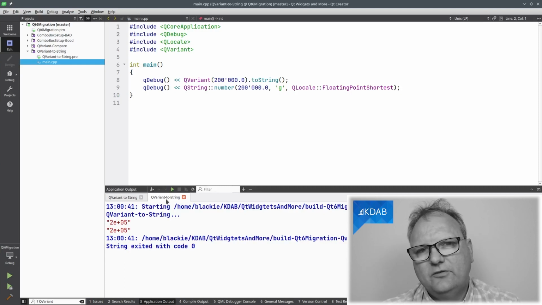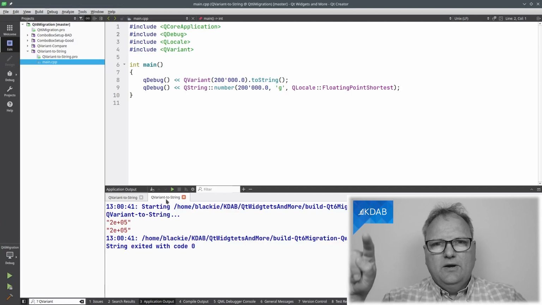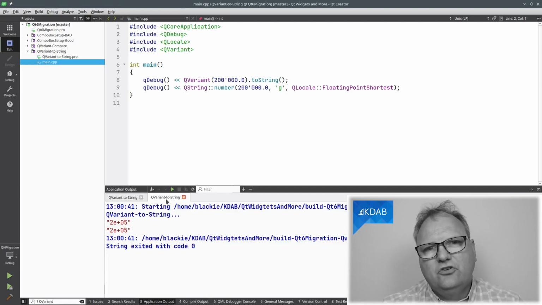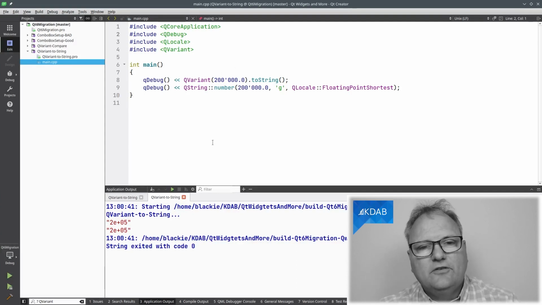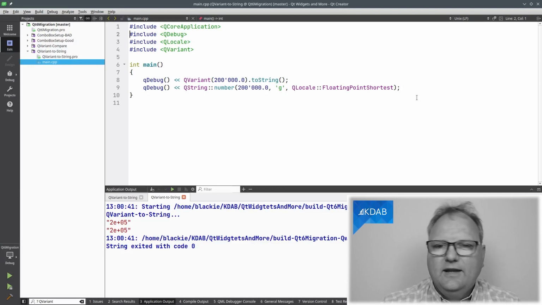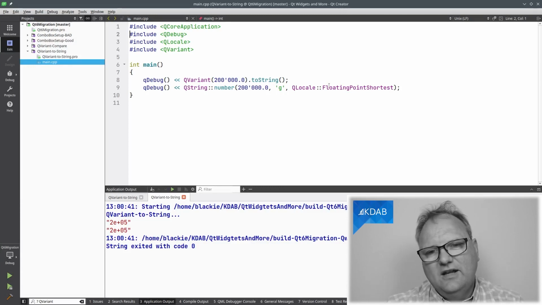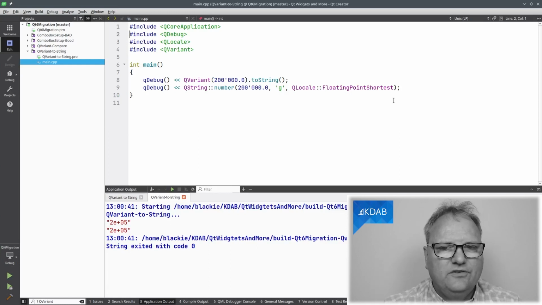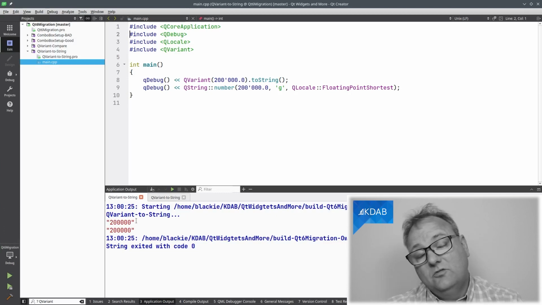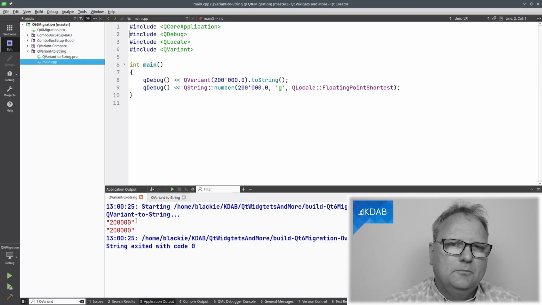So how did I spot this? Well, I had the migration of my code, and I had the original Qt 5 code, and I ran something in my Qt 6 version. It didn't work out, so I simply started debugging and doing a parallel debugging to see where values changed. And eventually I got down to a QVariant that returned different things. I debugged further down, and I got to this one here. And which is the right one? Well, actually, I think it's a bug fix in Qt 6, because this one says use the shortest representation, and 1, 2, 3, 4, 5 is definitely shorter than 1, 2, 3, 4, 5, 6. But still slightly puzzling.